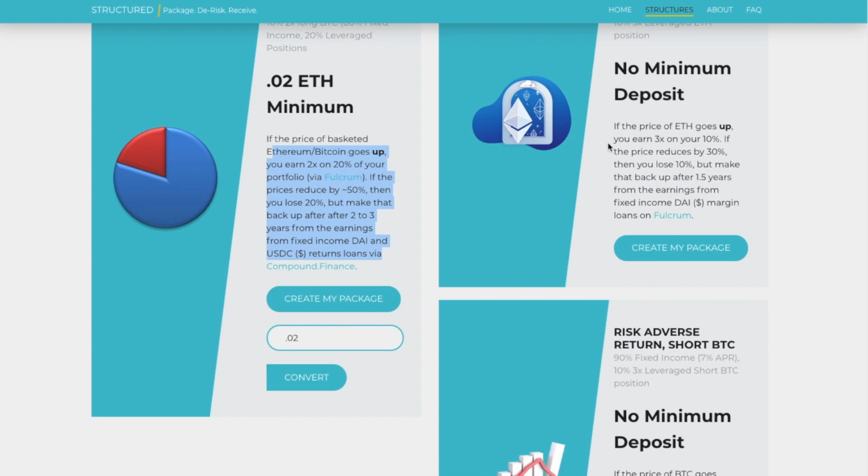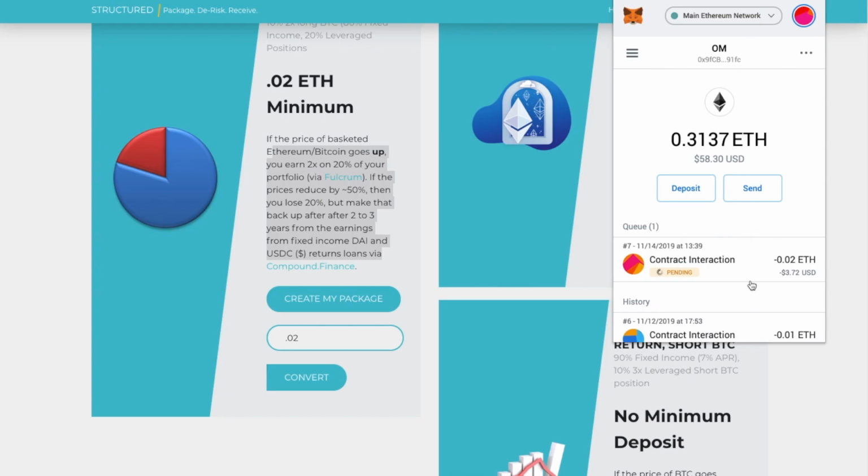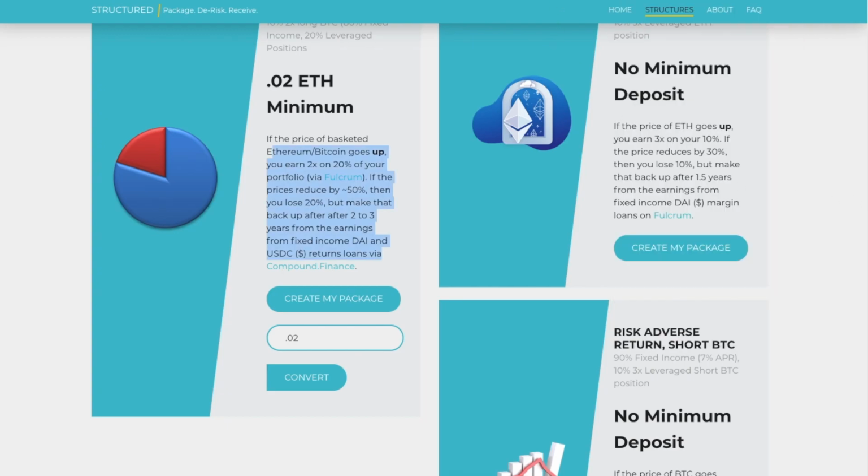So that's what dApps are. If you're not familiar with dApps, they allow you to do weird things like that without needing a bank account or anything like that. And you could just use your MetaMask wallet and do all that kind of stuff. But if you're not familiar with that, I highly suggest pausing this video, go and check that out.